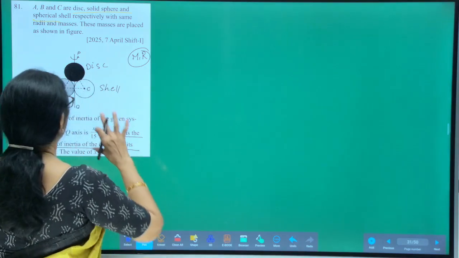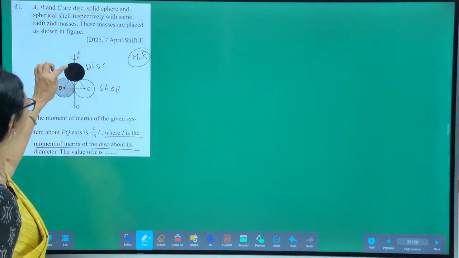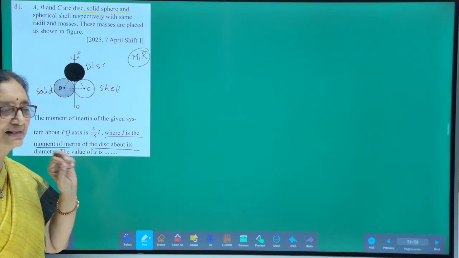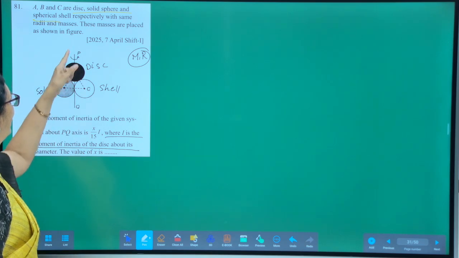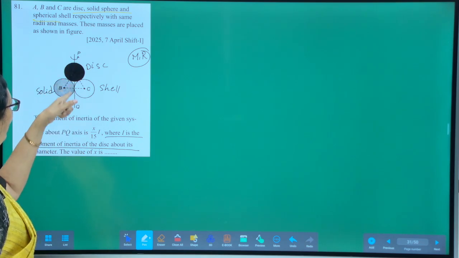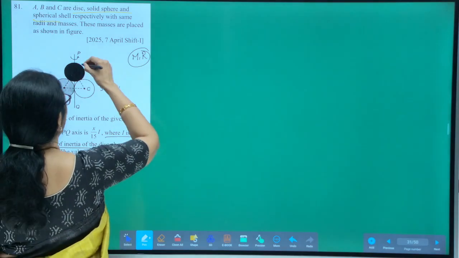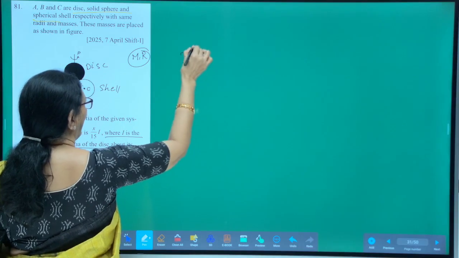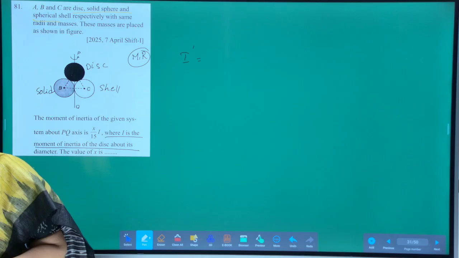Now, look here. Let us consider three objects like this: a disc, a solid sphere, and a spherical shell, having the same mass and radius, arranged like that. You are supposed to find the moment of inertia about this axis. So, for the disc diameter, I dash is equal to,